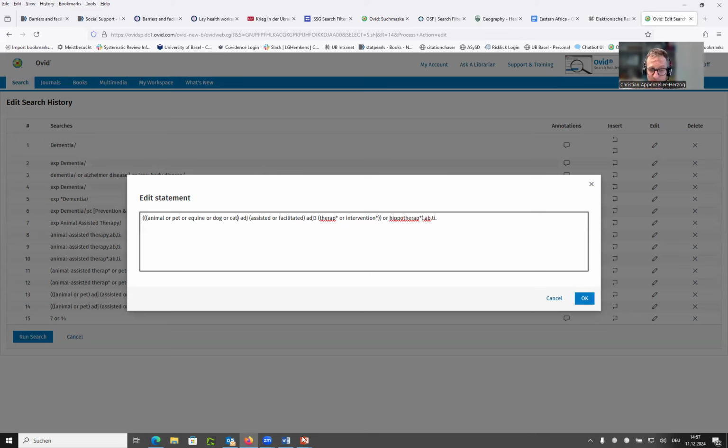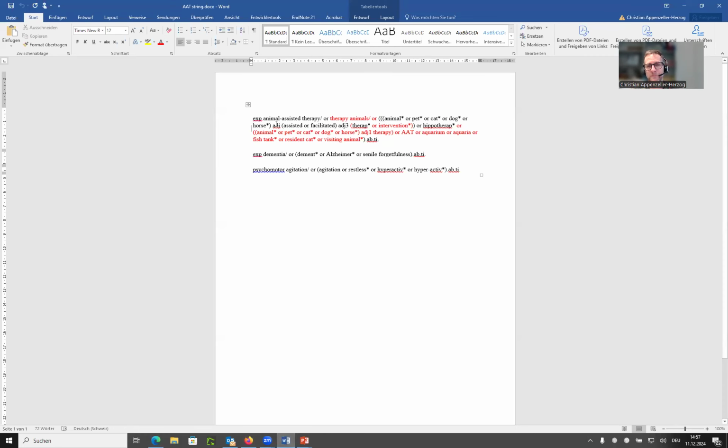And I did some preparatory work for that, just in order to look at what could be done. So we could add intervention. We already added this. We have here pet, cat, dog, a horse we could still add. And then, yeah, whatever. There is also another MeSH term that is called therapy animals. Maybe we should also add this one. And maybe the acronym AAT for